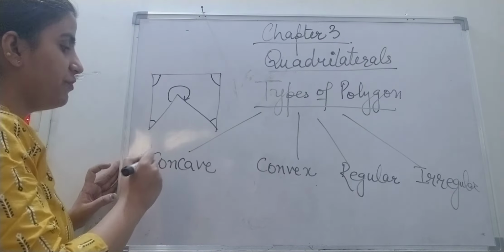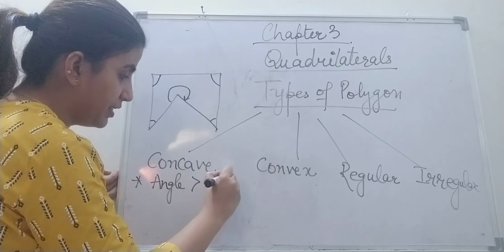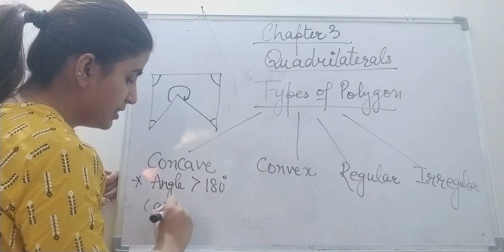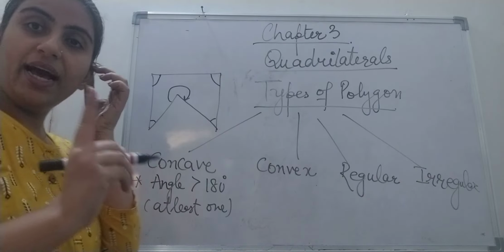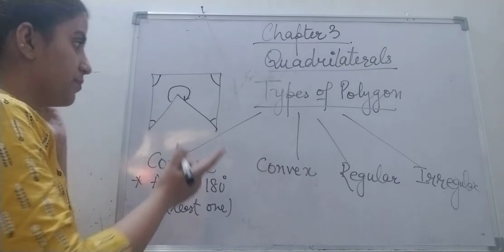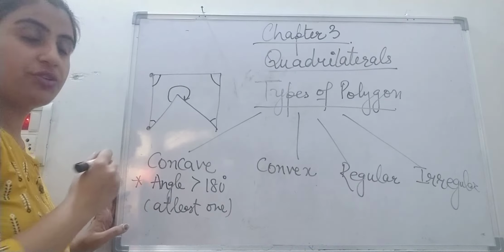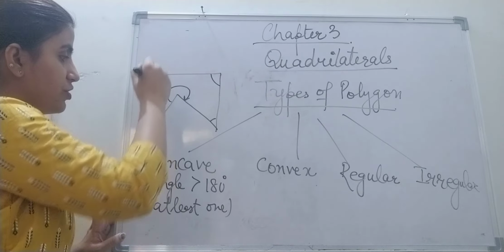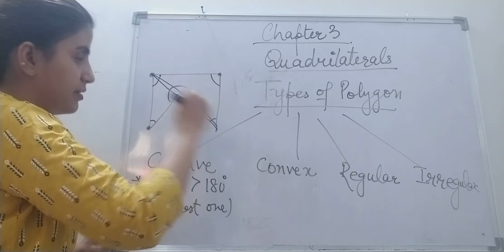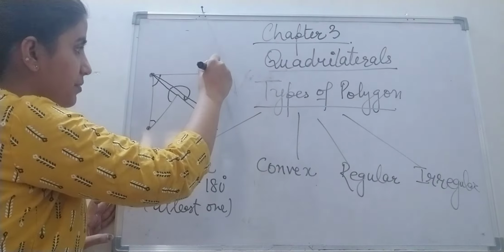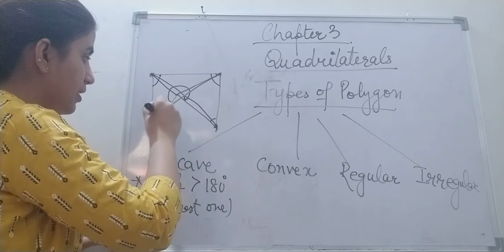Now, one more feature we have. First feature: an angle greater than 180, at least one. The second feature is that one diagonal lies outside the figure. Let us form the diagonals for this one. From this vertex, if I want to join non-consecutive vertices, the consecutive ones will be this and this, so I will join the remaining one diagonal, and another diagonal. From this vertex, similarly, consecutive is this and this. So one diagonal and another diagonal.